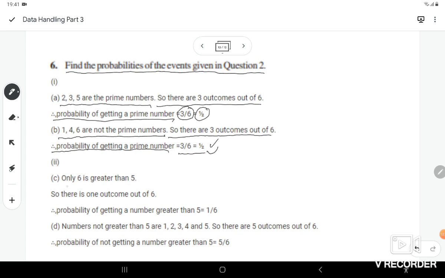Next part says number greater than 5. So you know that only 6 is greater than 5. So there is only 1 outcome out of 6. Therefore probability of getting a number greater than 5 is 1 by 6. Next part in question said numbers not greater than 5. So numbers not greater than 5 are